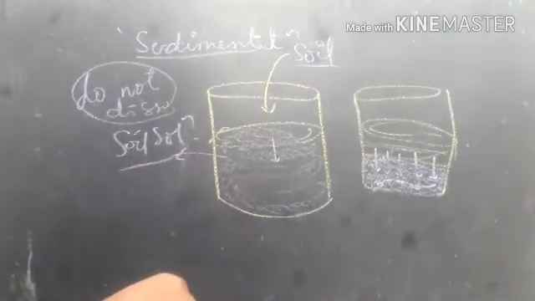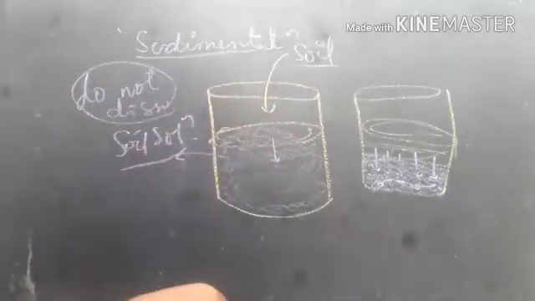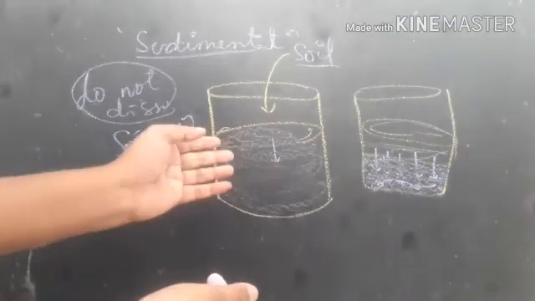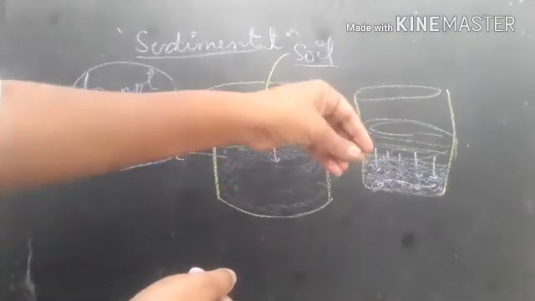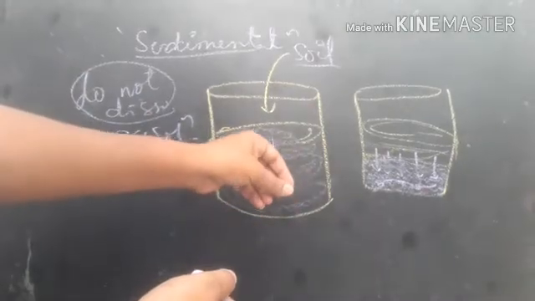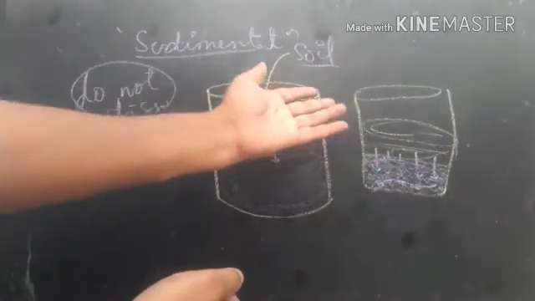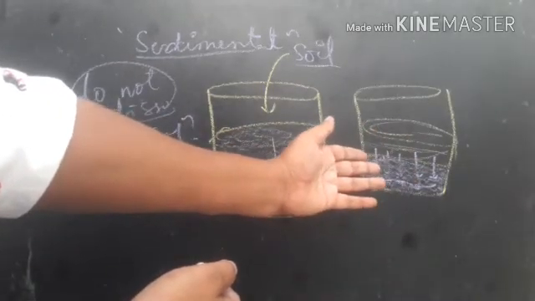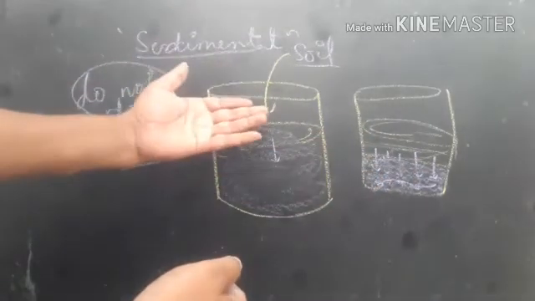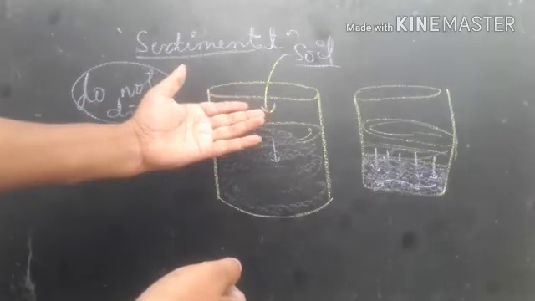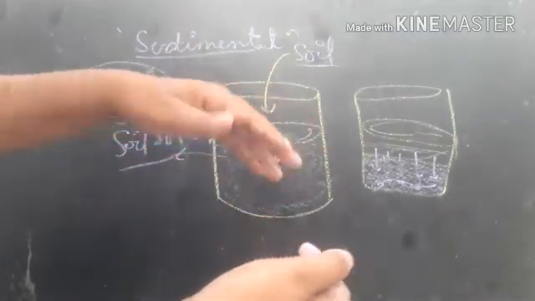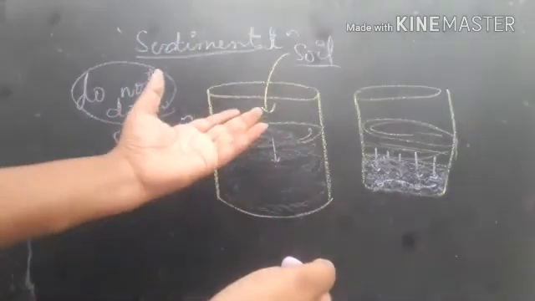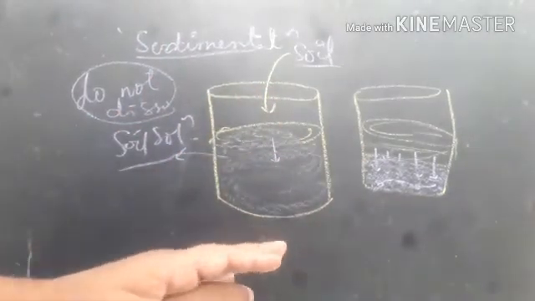If they dissolve in water, it is very difficult to separate them. Means it is very difficult to get the sediment. Why? Because here the soil sample contains some sand particles and other soil particles, so they didn't dissolve in water and simply they settle down at the bottom of the vessel. That is what we call sedimentation. Okay, I will post you an experiment depending upon this sedimentation and filtration. I will show you how to separate the material.